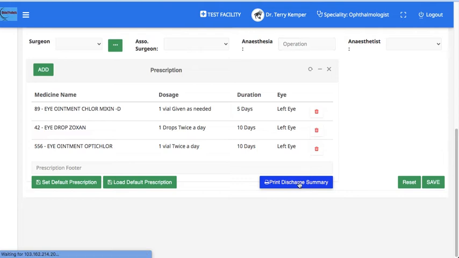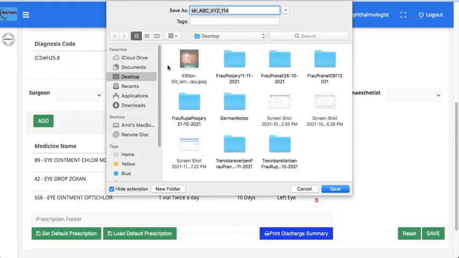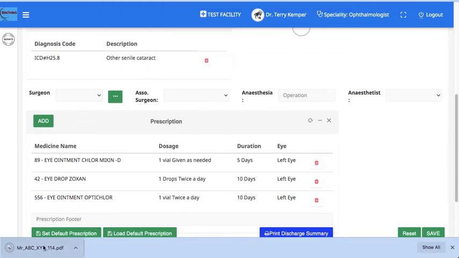So a discharge summary can be printed in MURX for the surgery conducted, and a printout can be taken.